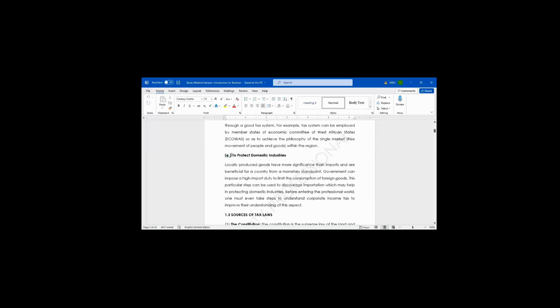Take for instance, assuming a pack of cigarettes is going for about 10,000 naira. It will reduce the rate of smoking. Presently, a pack of cigarettes is about 500 naira, 400, 300. So some people can smoke 5 packets in a day. But when they are selling one packet of cigarettes at 10,000, those who are smoking 5 packets, it will discourage them from smoking more. So one of the objectives of taxation is to discourage consumption of harmful goods.